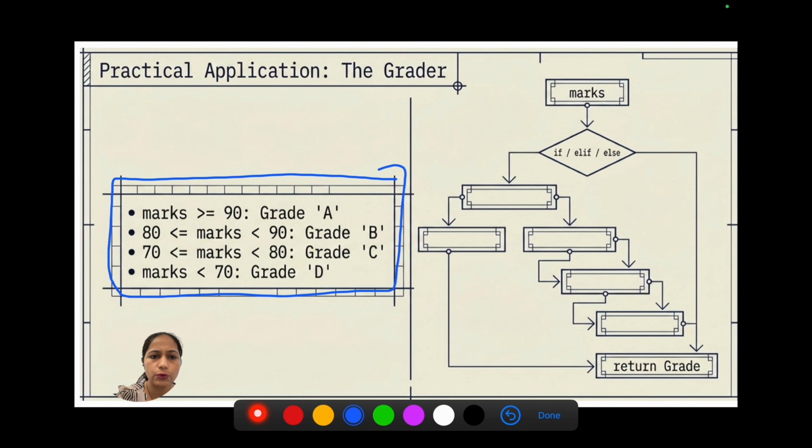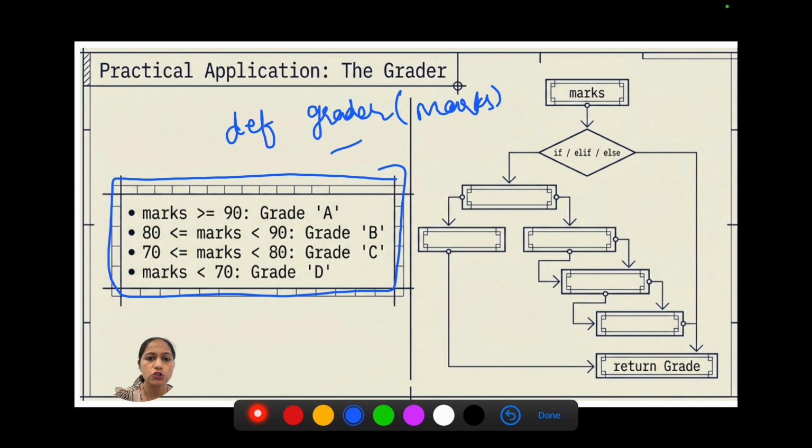So maybe def function name is grader, and it takes marks as input. Now in the function body, the same if else statements, and then you return grade. In this function body, you will write the same code that we did in if else. You can go back and check that tutorial.